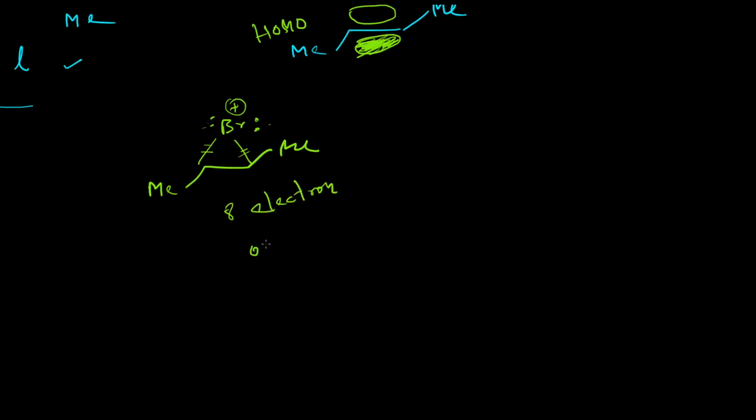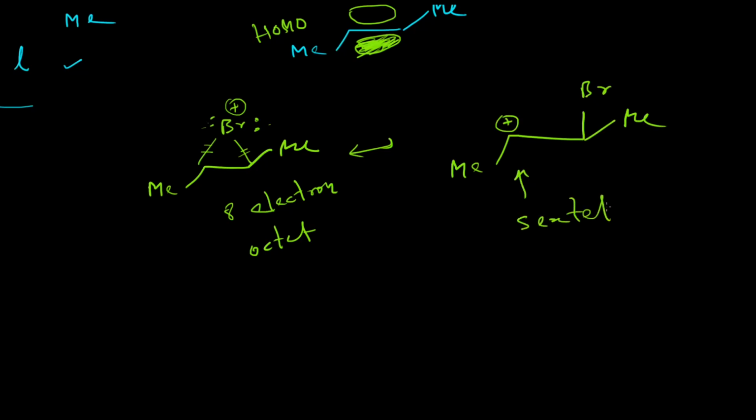its octet is fulfilled. But if you consider its conjugate form, that is the carbocation, then it is in the sextet configuration. You all know that it is a carbonium ion and it has 6 electrons in its outermost shell. So that's why the bromine eventually participates in neighboring group participation and thereby forms this stable bromonium ion during the reaction. So that's it for this video.